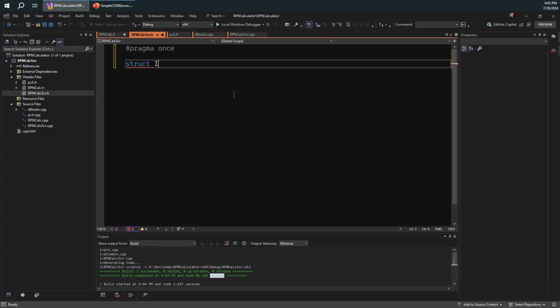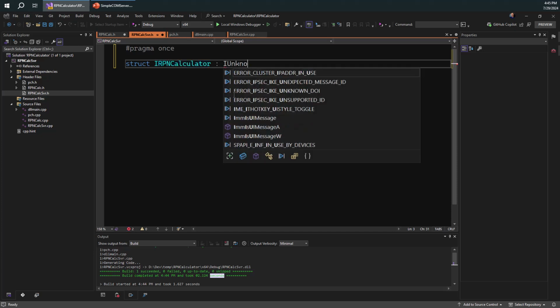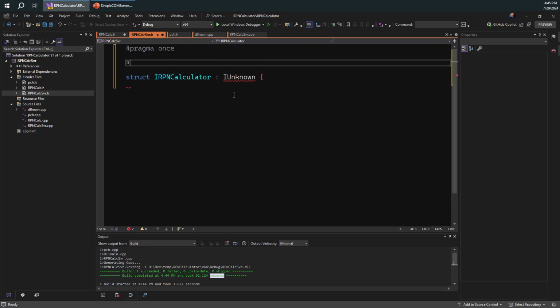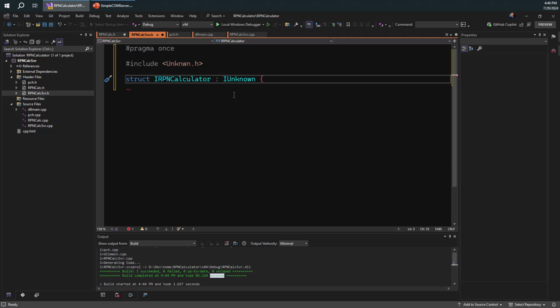So we have an interface called IRPNCalculator. This is just the name we're going to use. It doesn't really matter. The important point is that it derives from IUnknown. It must extend IUnknown. And for that, we'll need to add some header files, maybe something like unknown.h at the very least, to have the definition for IUnknown. And then we have to provide the interface itself. What is going to be within this interface? In order for that to actually be something that is properly an interface, we have to create here a bunch of